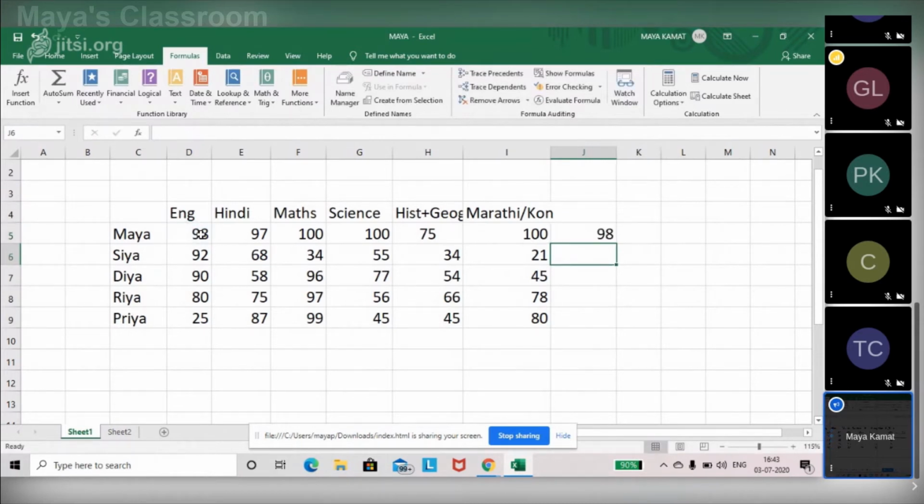Hit enter, the data would come automatically. Let's say I want to do the same for the rest of the cells. So I'm just dragging the fill handle down, and it auto fills the data. What you are seeing, where it automatically copies and fills the rest of the cells, is termed auto fill. Automatically it is filling, so it is auto fill.